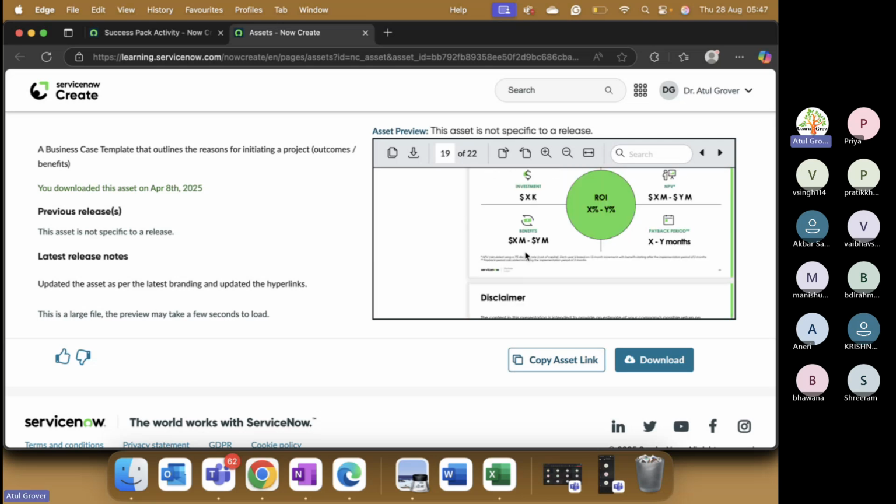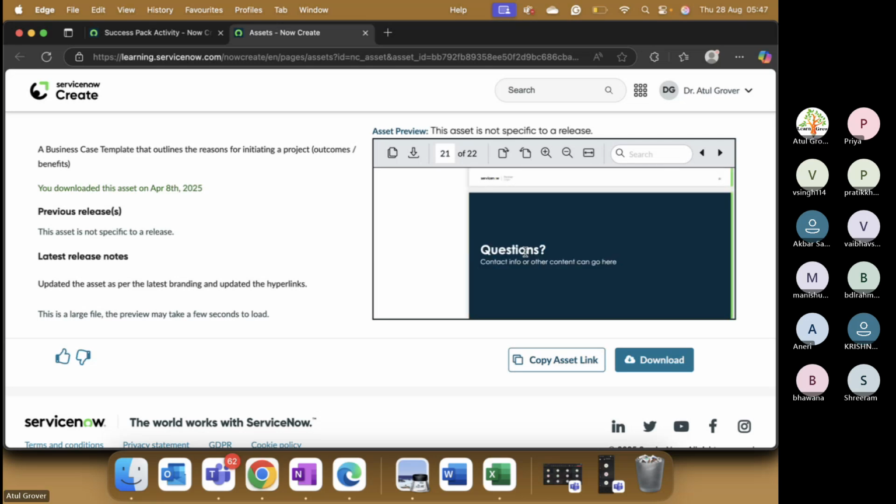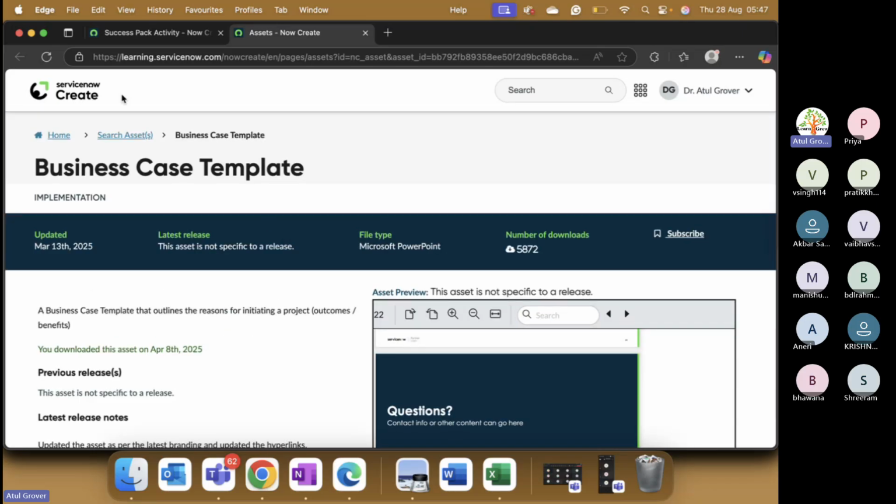You deal done. So practically, this must be homework for everybody. Today, log in to Now Create and explore it. And the good part in Now Create is that if I show you something on the asset pack part,